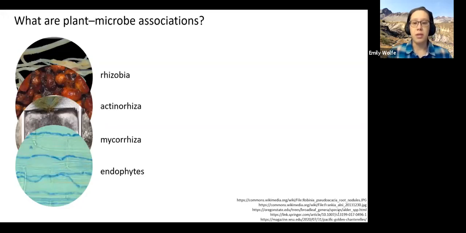This is showing that they colonize plant tissues, not just roots. I have so far shown you just root-associated plant microbe associations, but endophytes can actually colonize all types of plant tissues, from leaves to stems to roots. They can also vary temporally and spatially, even at the scale of a single plant. So the root tissue and leaf tissue could harbor different assemblages